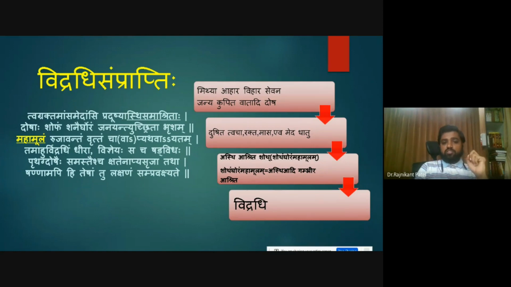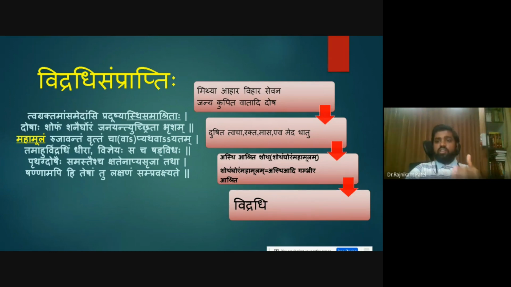So this is the beautiful explanation Acharya has given, step by step, of how this disease really manifests inside our body. When the person is consuming unwholesome ahar, or unwholesome food, and living an unwholesome or maybe sedentary lifestyle, there will be the prakopa of the dosha. There will be a vitiation of three doshas, mainly pitta in this specific case, due to bad food habits or a bad lifestyle. So what happens when the dosha is aggravated, or dosha prakopa is there,